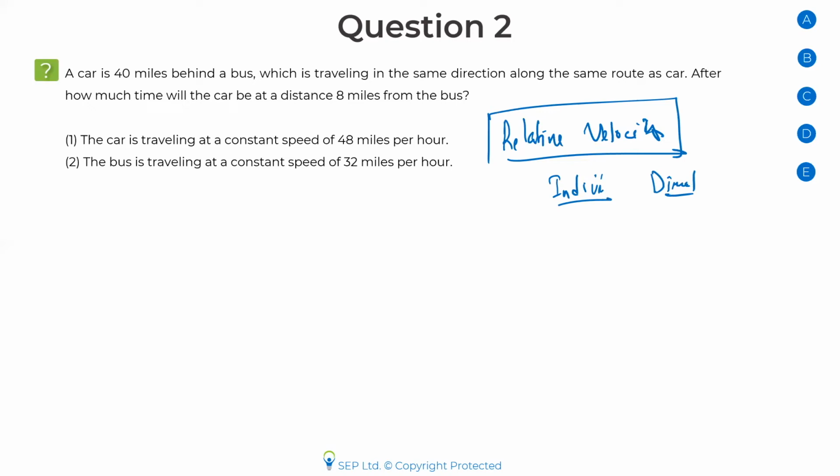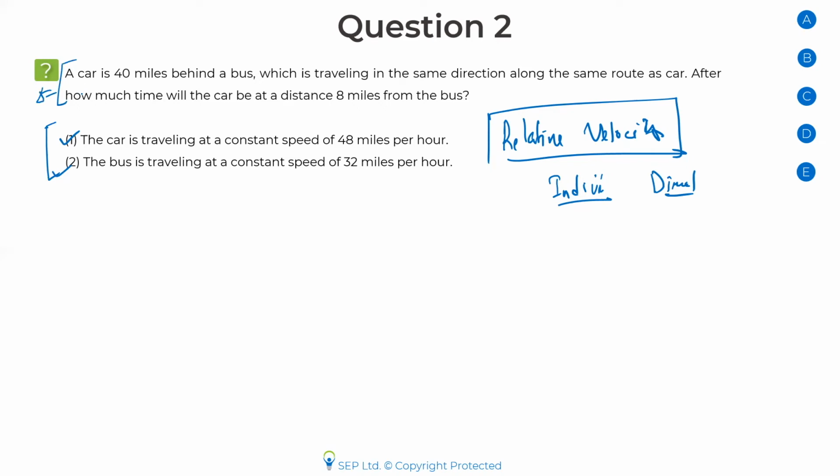Obviously for that I need to know the different answer options and the question stem. I will analyze the question stem, but before I do it, I can say that if I just look at the options, the first statement gives me the speed of the car. The second one gives me the speed of the bus. So obviously, for relative velocity I need both of them. You can straight away say this just by going through a couple of options, although we strongly recommend